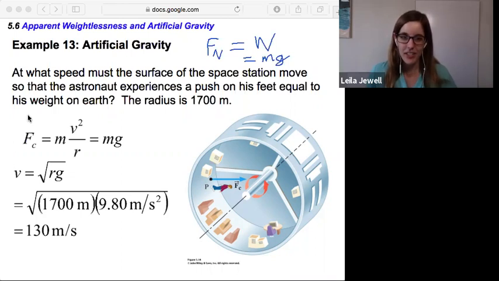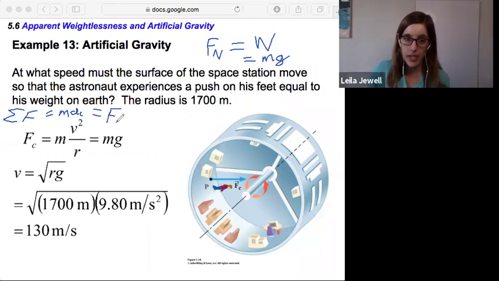So if we take a look at this centripetal force, which we know is just the net force acting in that particular direction, we want that to be equal to mass times the centripetal acceleration, a_c, and it's going to be created by the normal force. So I'm going to fill in my normal force here. That is the net force that is acting on the person. There's no actual gravity pulling them down, but there's a normal force as though there is gravity pulling them down. So in place of the normal force, we can substitute in the weight, mg, and set that equal to mv squared over r. Once again, the masses are going to cancel.